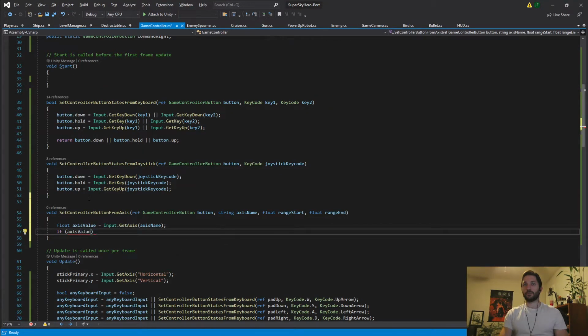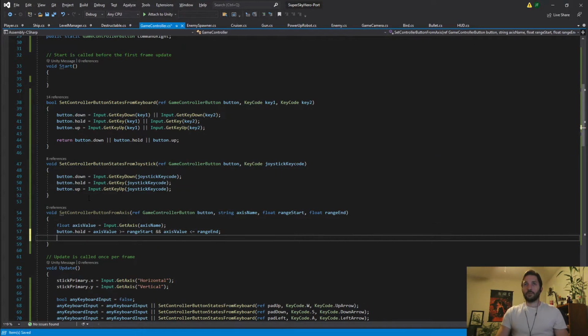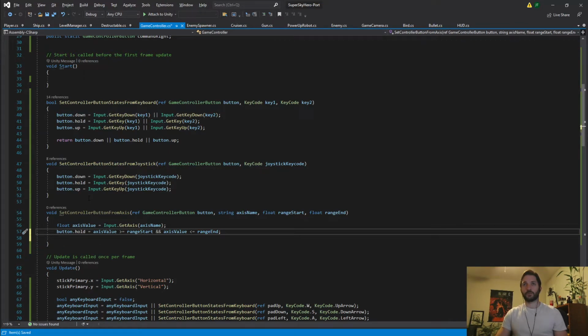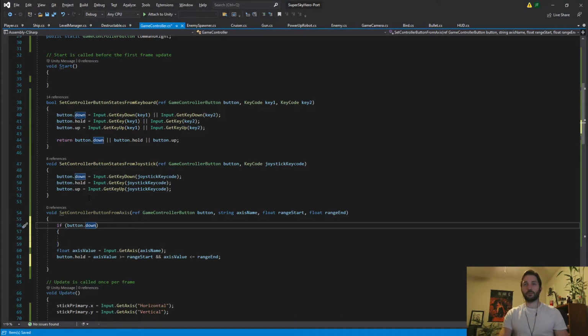If axis value, or should I say button dot hold equals axis value is greater than or equal to range start and less than or equal to range end. Oh, how am I writing this? Axis value. If button dot down, if the button is currently set to down, which means I set it to down on the previous frame, okay, I should probably do that first. If the button is down from the previous frame